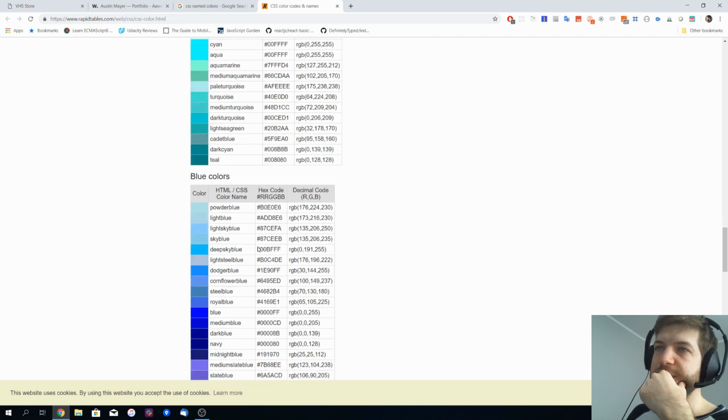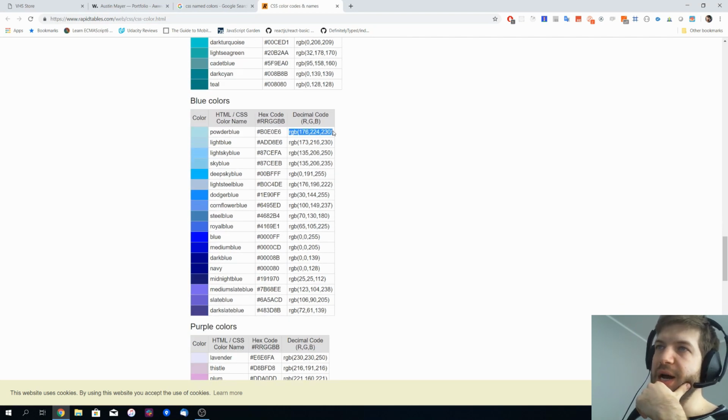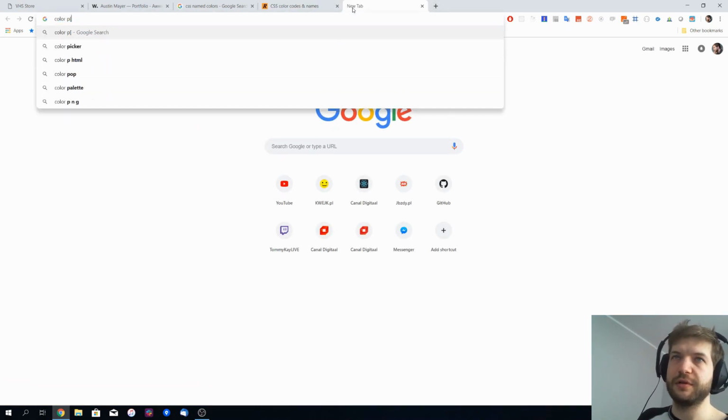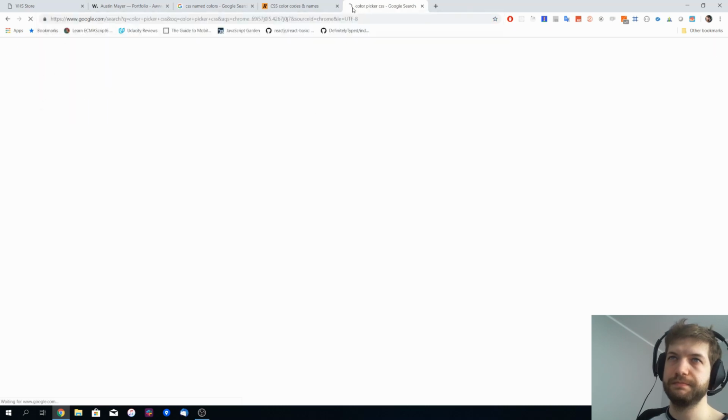But as you can already see, I can provide the value using the RGB function, where I specify a value from 0 to 255 for red, green, and blue. Or I can provide this special hex code for the color value. And if I type color picker,